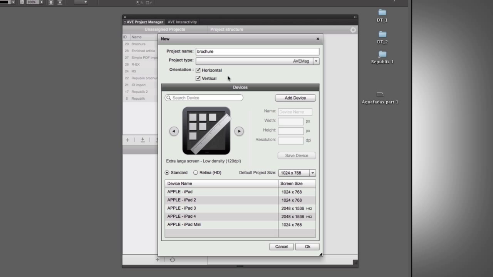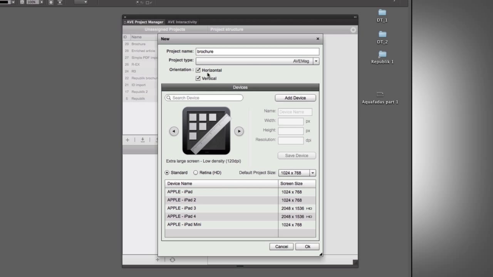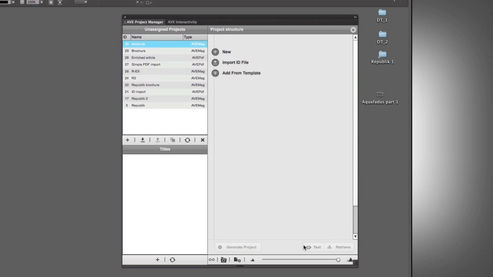However, one of the really nice elements of the Aquafadas plugin is how it allows us to create dual designs. So it copes with the different orientations that a tablet can be used in. This is one of the key benefits of the plugin. So with both of those areas ticked, we're going to press OK, and we have the beginnings of our new